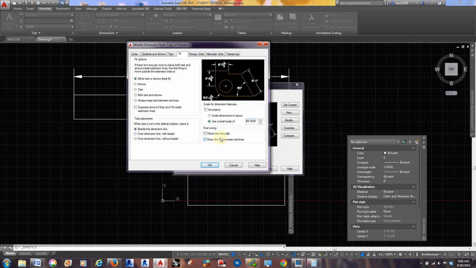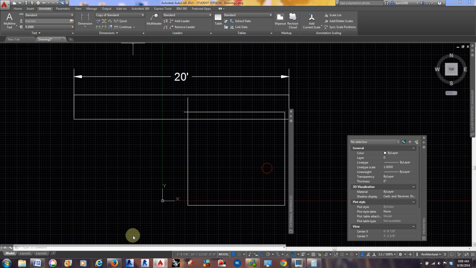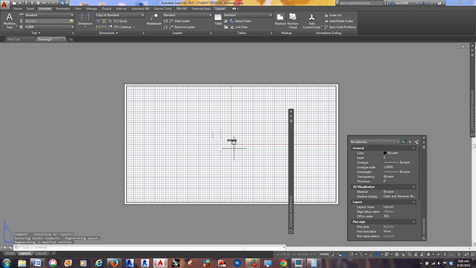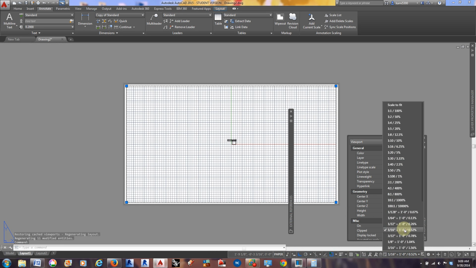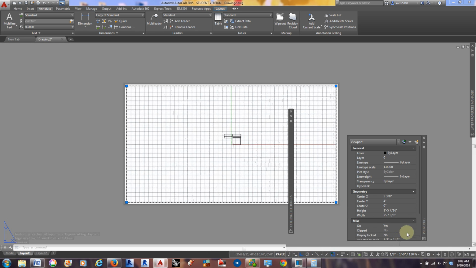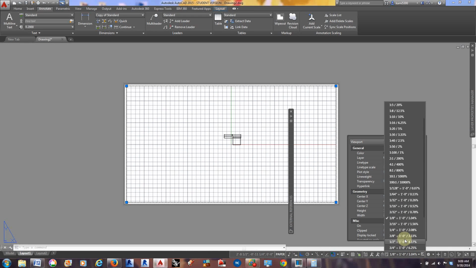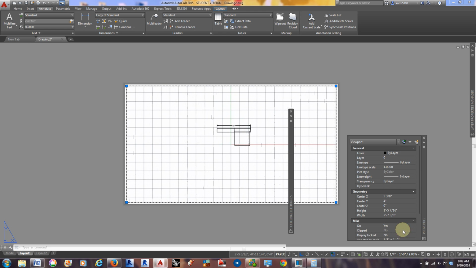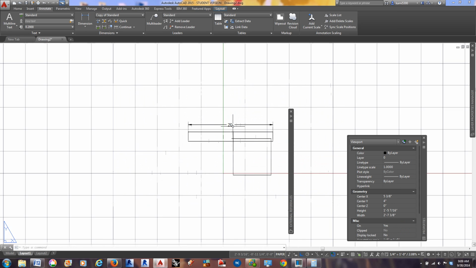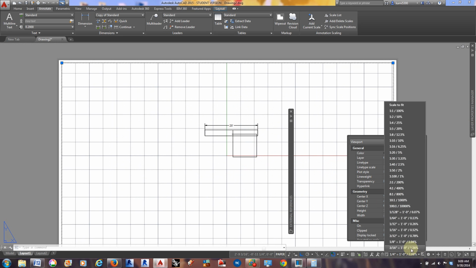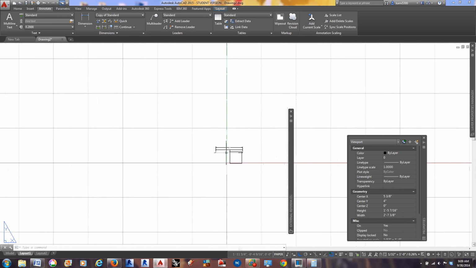Sometimes that can get a little wonky when you start to look in your layout. So if I look in my layout and I change the scale of my viewport to 1/4 of an inch, sorry, the legibility of that is pretty clear. So, let's see if we make one that's